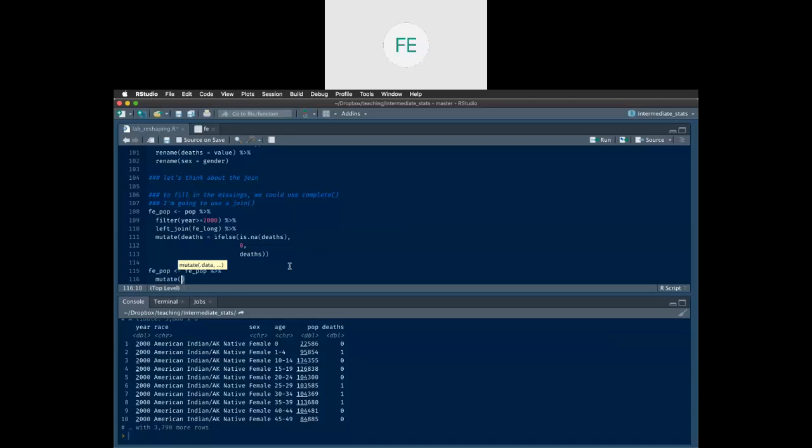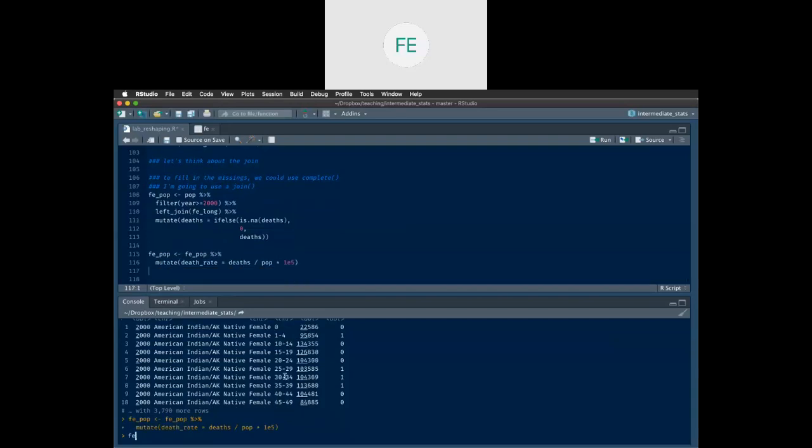Let's say death rate, and we're going to make this into deaths per 100,000. So let's say that we want the death rate to be deaths over pop times 1E5. That's deaths per 100,000. Okay, and so now we have deaths per 100,000 in that year as a category,